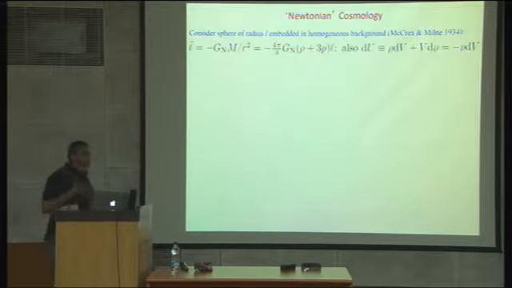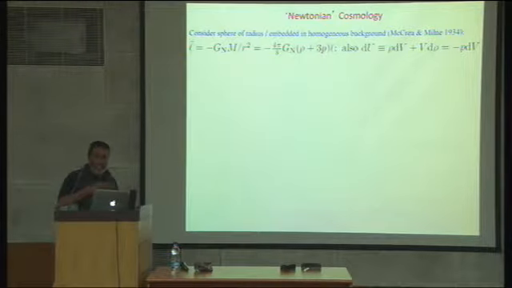So first let's start with Newtonian cosmology, because the simple cosmology that we do doesn't really need much in the way of GR at this level. It will only be relevant when we do perturbation theory. So if I consider this little sphere of radius L embedded in a homogeneous background, and this model is actually